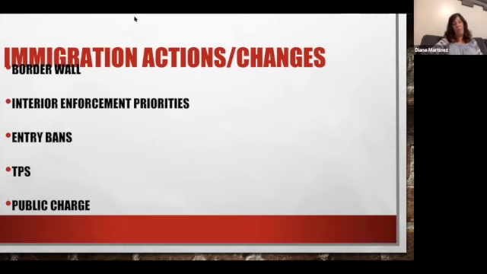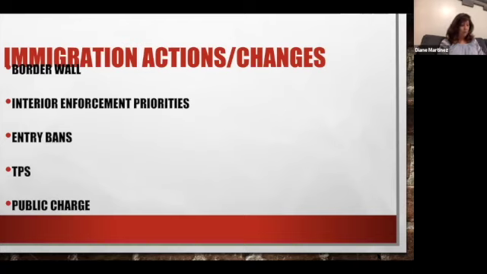And then a date will be set, and it will be reviewed to determine when they would have to return home. Unfortunately, with temporary protective status, once it's determined that they're safe to go home, it doesn't really open them up. It's similar to DACA, where it's only temporary residency, and it doesn't right now have any type of pathway to legal permanent residency and citizenship. But that's a change that's coming up too. So we'll talk about that in a minute.